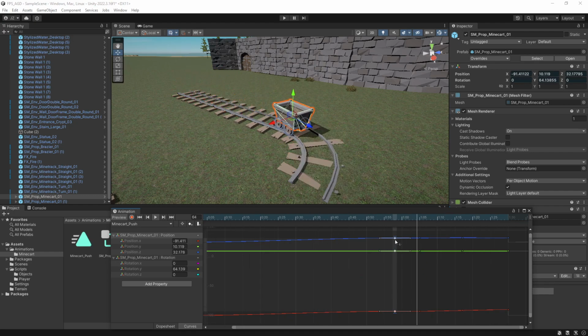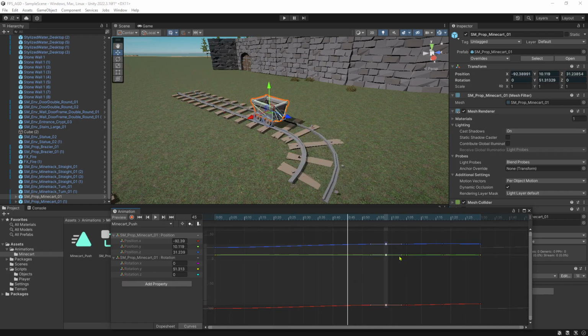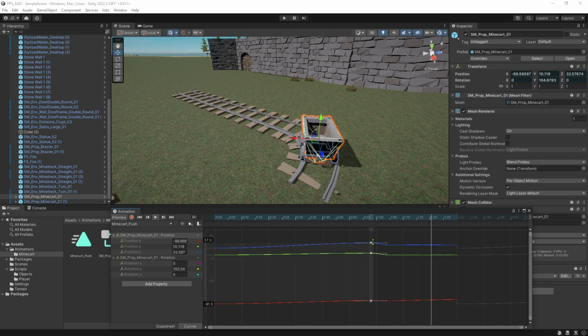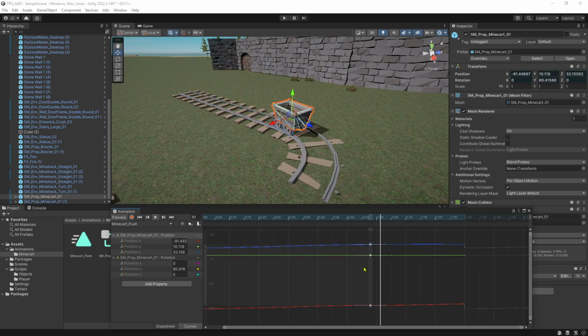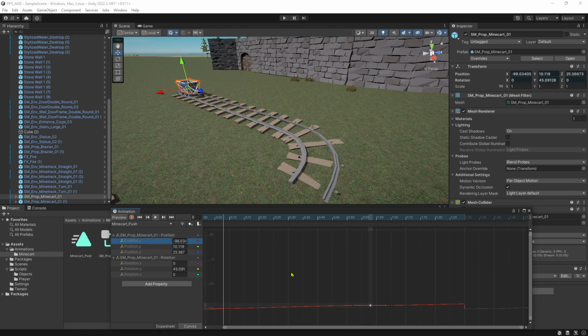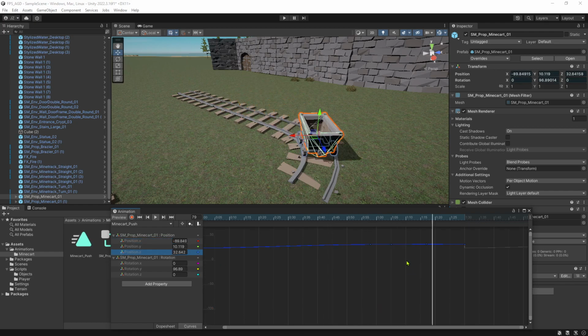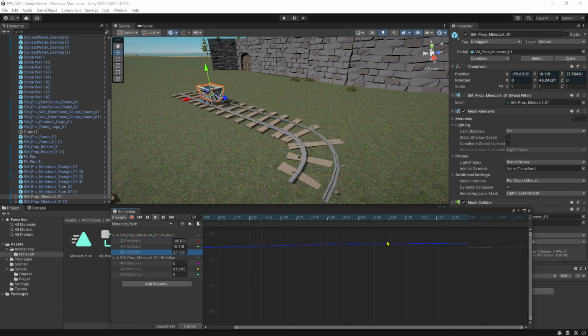And I think we could change these around. Again, I'm not the best at understanding where these need to be to look the best. So I think Z is probably the one that needs to be a little bit more